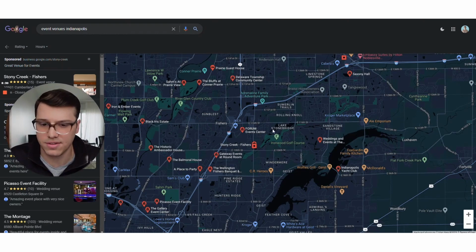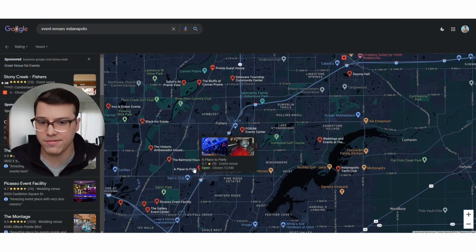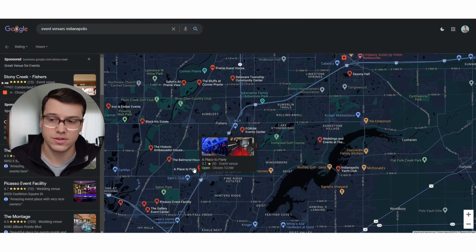I could switch that to event venues near me, but you're going to start to see all these event venues. And now what you're going to want to do is highlight and know every event venue within 10 miles of you. You want to make sure you know the market, who's all included, even more so than which venues there are, their price ranges,